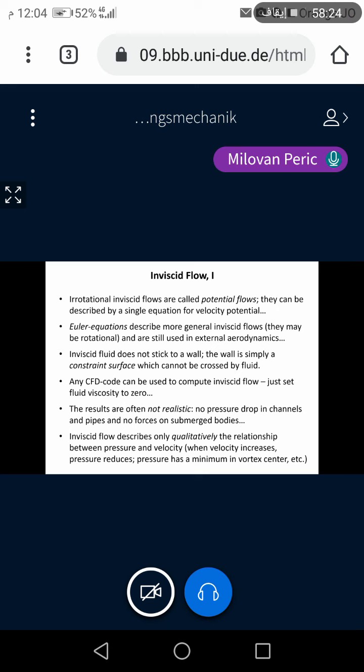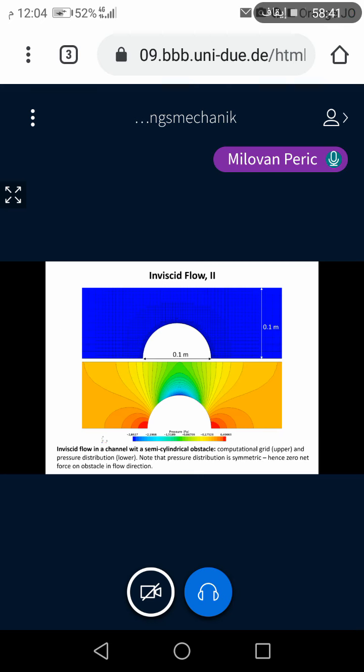So basically what the Bernoulli equation gives you is that if you have increasing velocity, then pressure will decrease. If the velocity decreases, pressure will increase. That's the only thing that you get from inviscid flow. But still, let's have a look at some features, and then you get a better appreciation of what happens in viscous flow. So this is inviscid flow through